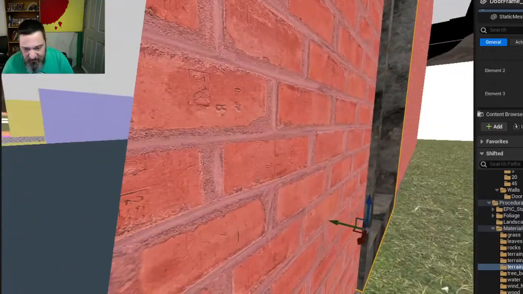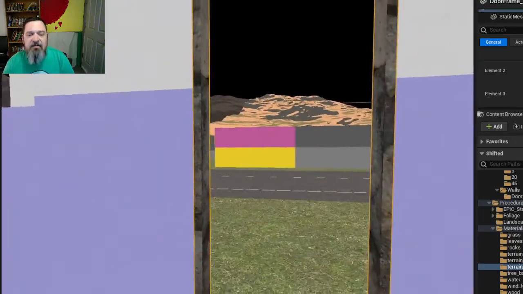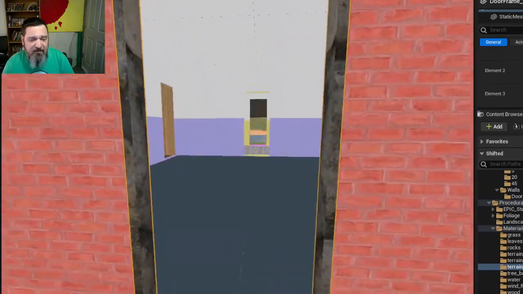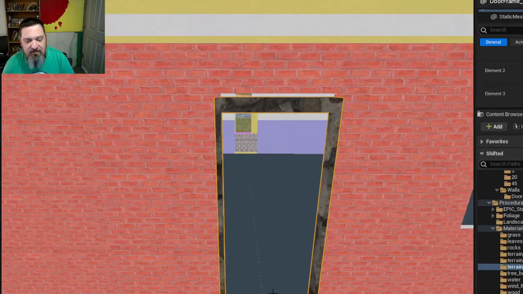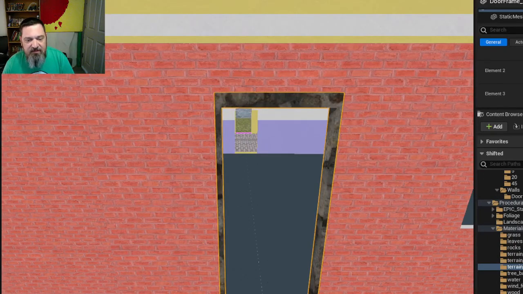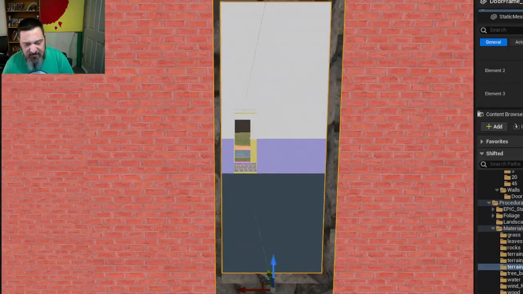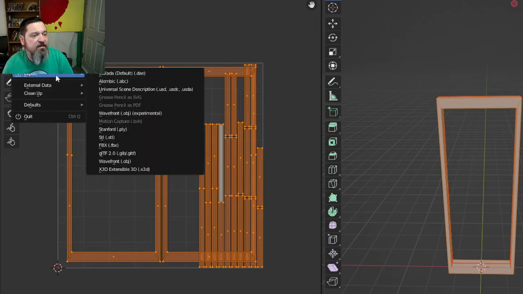So now we're a little bit forward. We're a little bit behind. We're inside the boundaries on both sides. That, my friends, is the door frame. Let's see if I take this up. Does it? Alright, yeah, so it needs to stretch just a little bit on the Z. So we've got everything selected. We will scale this on the Z up just a bit. And then we will export that